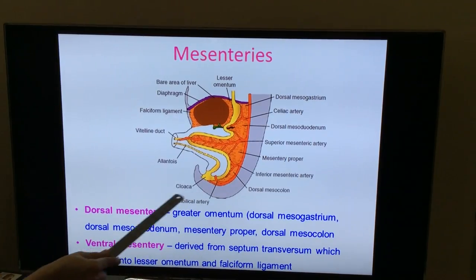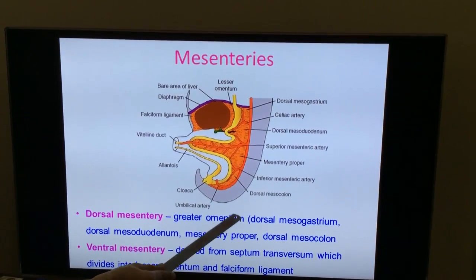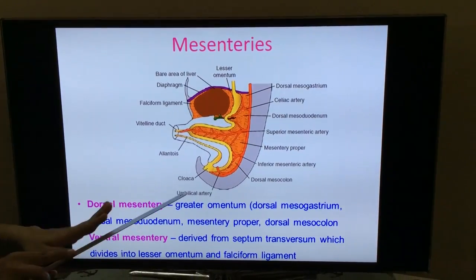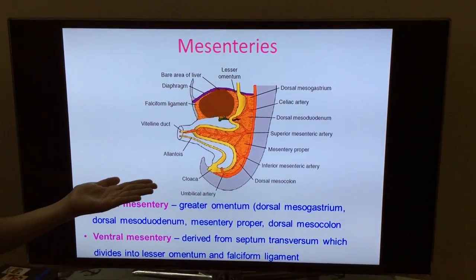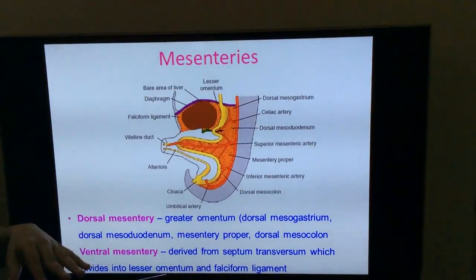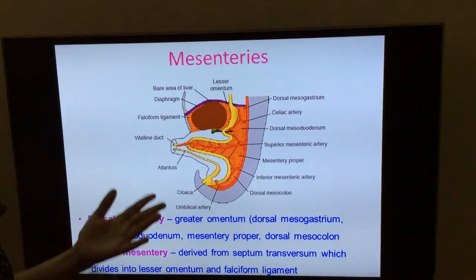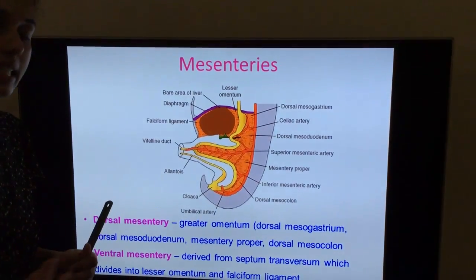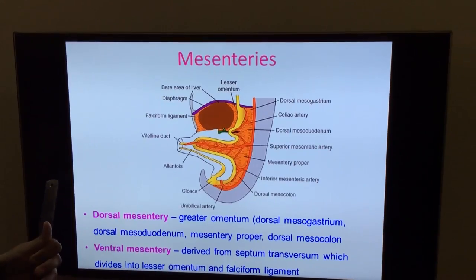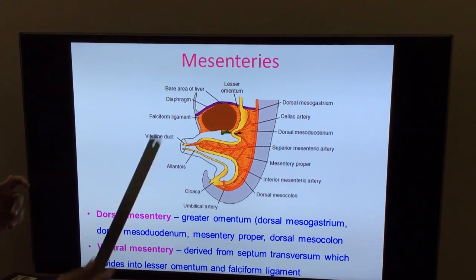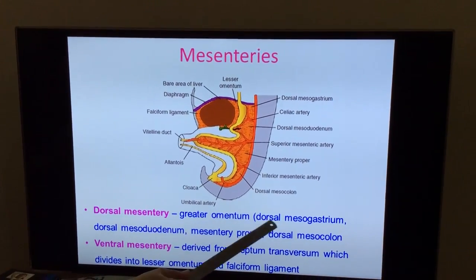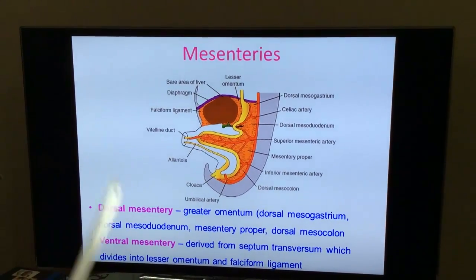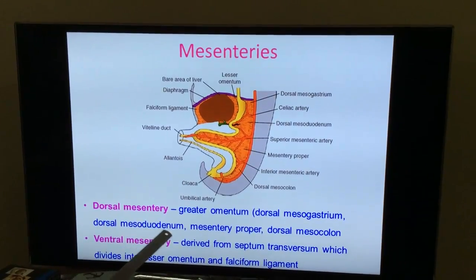The greater omentum has different parts. The greater omentum is a long sleeve of peritoneum. Once you open the abdominal cavity, once the skin, the superficial fascia and the muscle layers of the abdominal wall are reflected, you will see a long sleeve of peritoneal layer called the greater omentum. This includes the dorsal mesogastrium, which is attached to the dorsal aspect of the developing stomach,